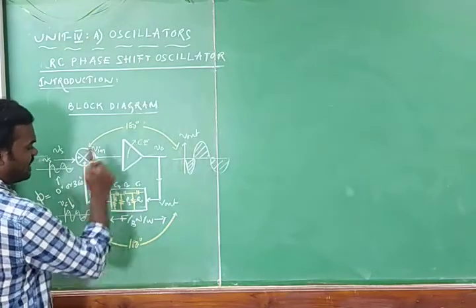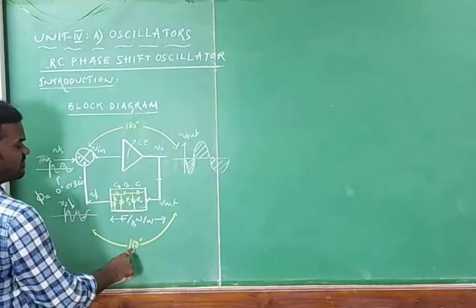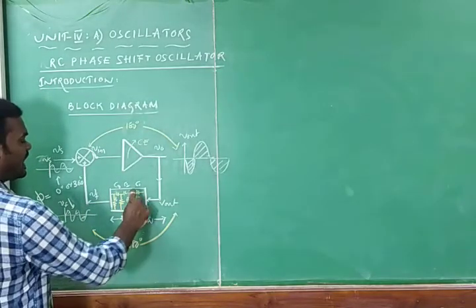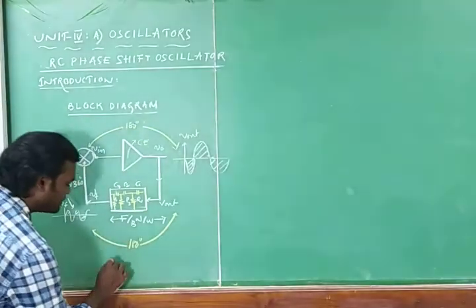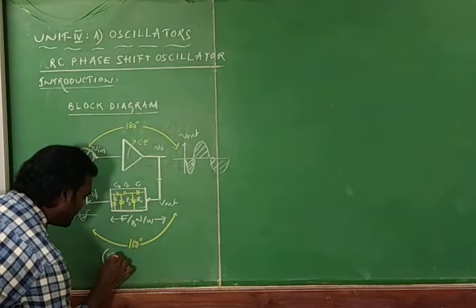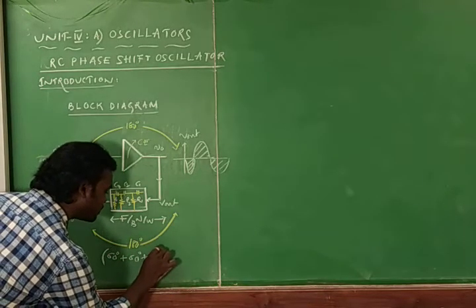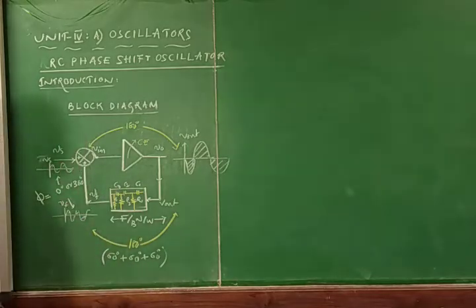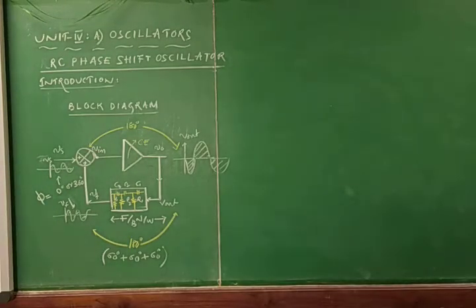And these three pairs together provide the phase shift of 180 degrees, so that each pair can provide a phase shift of 60 degrees. So 180 degrees means 60 plus 60 plus 60 degrees. Each pair of resistor and capacitor together provides a phase shift, so that the amplifier section is providing the